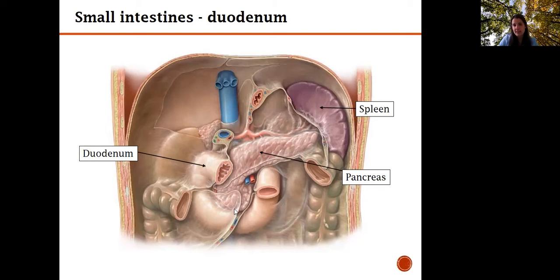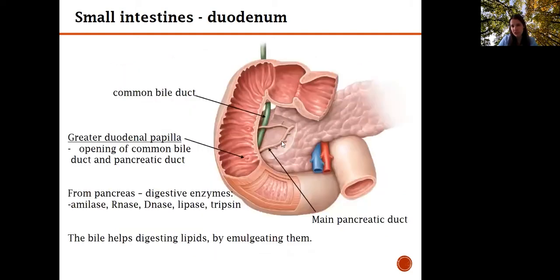The pancreas is a very important gland producing the digestive enzymes, which will be secreted into the duodenum. In this picture, you can see how the main pancreatic duct, the duct of the pancreas, will open into the descending part of the duodenum. This is the greater duodenal papilla where it opens. And usually it opens together with another duct called the common bile duct, which brings the bile from the